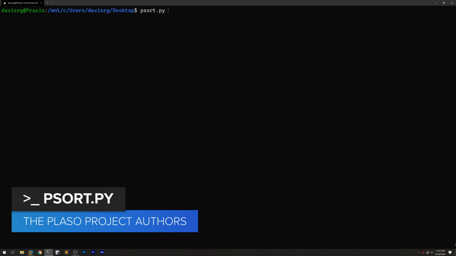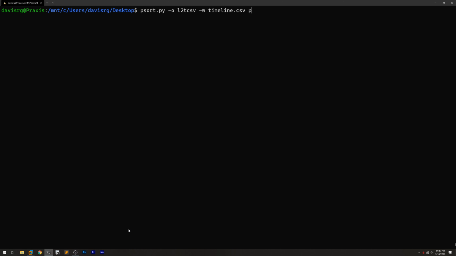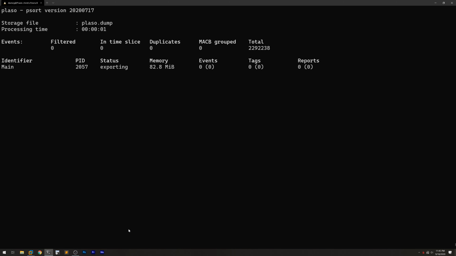So run psort.py, the output will be L2T CSV, which is the classic or legacy Log2Timeline format. We'll save it as timeline.csv, and of course we'll feed it the plaso.dump file. UTC is the default time zone. Now this is going to take several minutes to process as well, and yes, I'll fast forward through this for